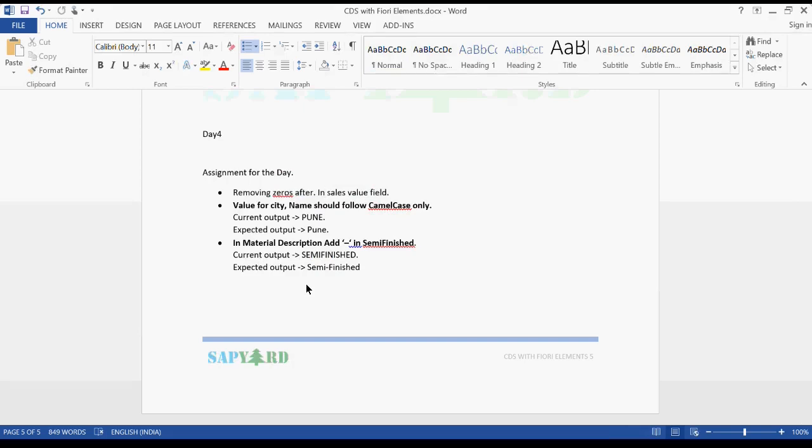Apart from that, tomorrow you will be getting an assignment that you have to complete on Saturday and Sunday and send to us by Monday. The assignment would be mostly on the list report, nothing on the ALP, because that is starting from tomorrow. So that is the thing. And secondly,